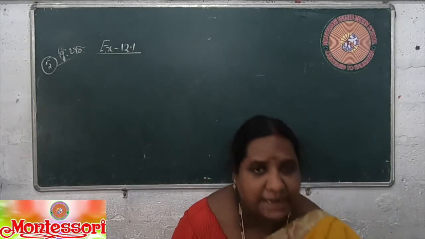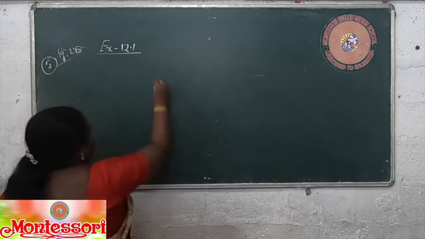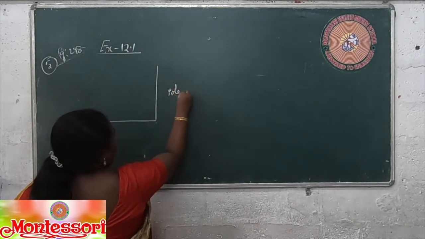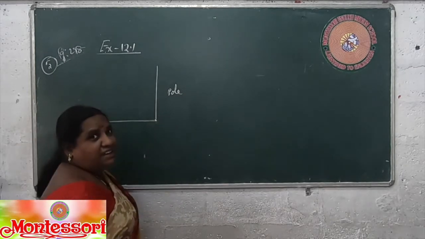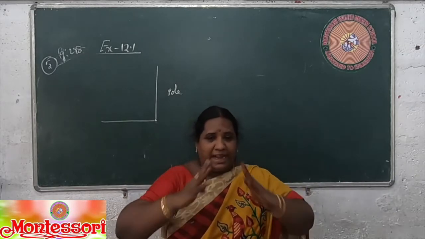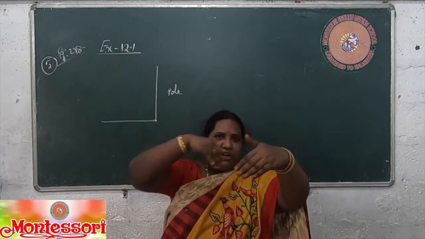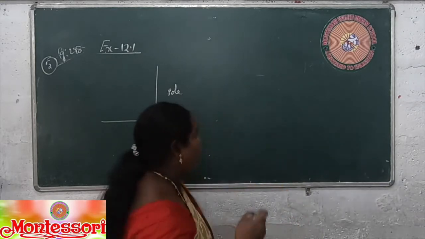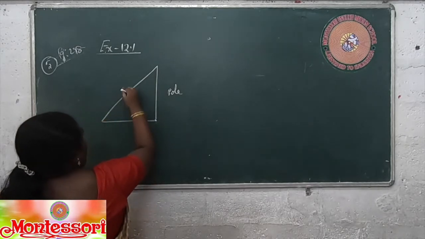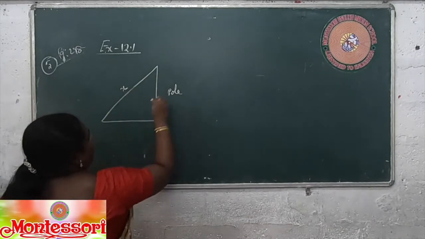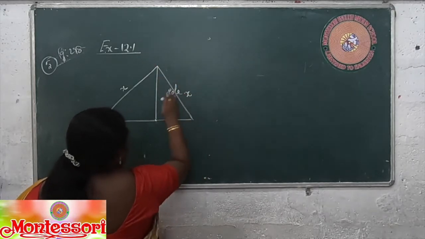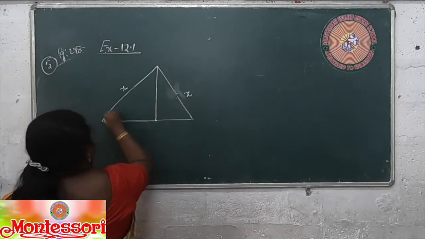So here you understand, we want to erect a pole. So this is the ground and this should be the pole. We have to erect with 3 ropes, like you have seen a pyramid, no? Triangular pyramid. If you see, two sides and one will be at the back, and 3 ropes. How can we balance? For example, this side maybe one rope, I don't know the rope length, x, and maybe this side another rope. These are the same because it is making an equal angle of 30 degrees.